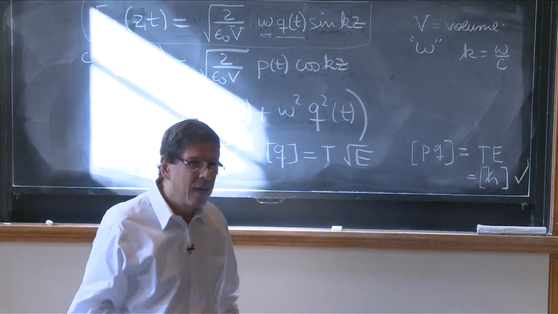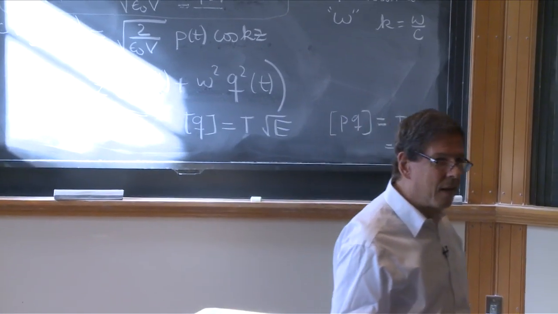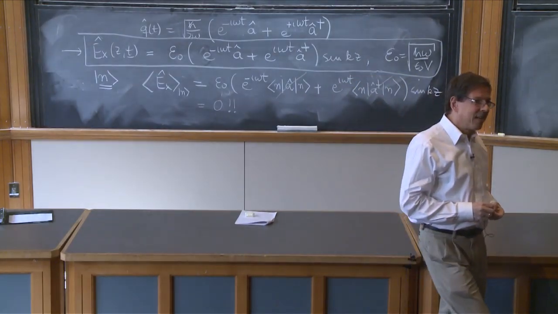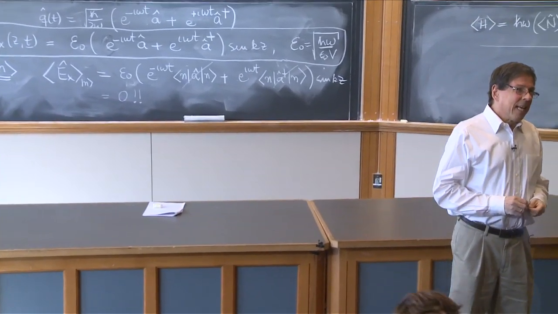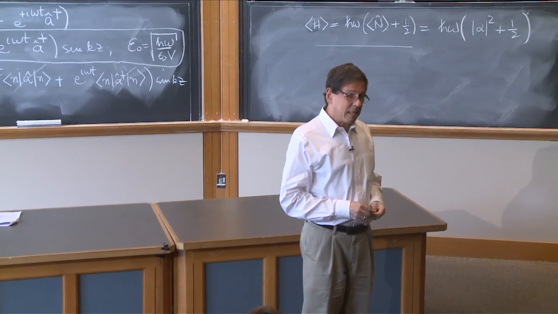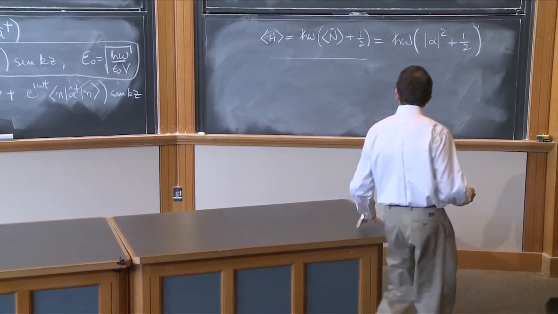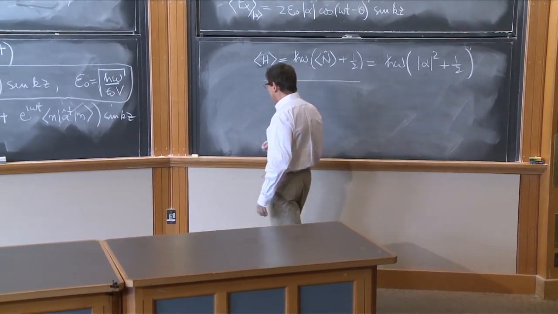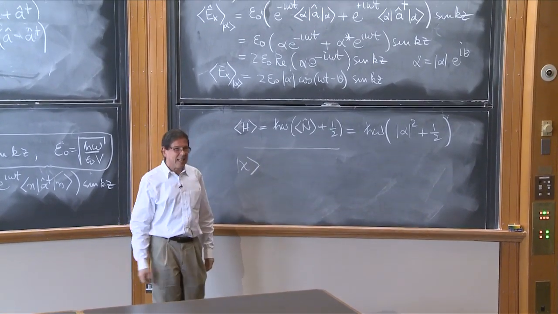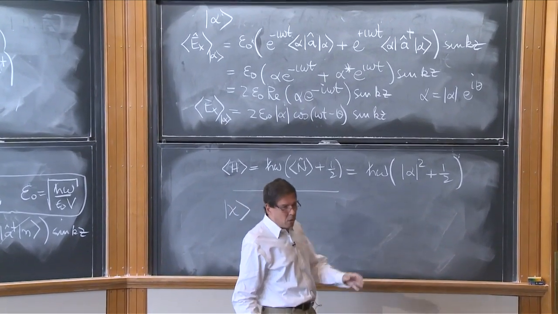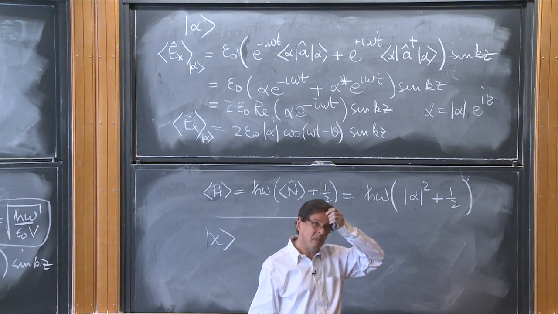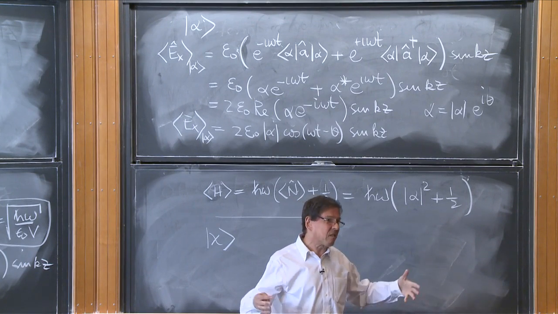Wait, so if you're not in something like a constrained size cavity, then you have an uncountable number of modes, right? Absolutely. How does that even make sense? I mean, what does your state space even look like if you've got an uncountable number of modes? Well, we already have seen some uncountable things. Maybe they didn't look that sophisticated, but we had position states that were uncountable. So the electromagnetic field, yes, it has uncountable things, and there's nothing wrong about it. You just have to work with integrals.